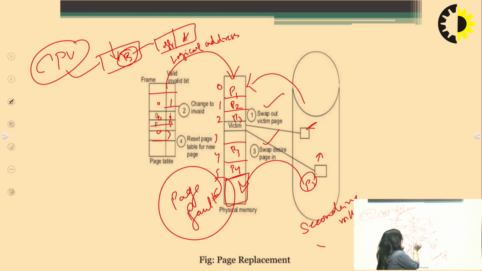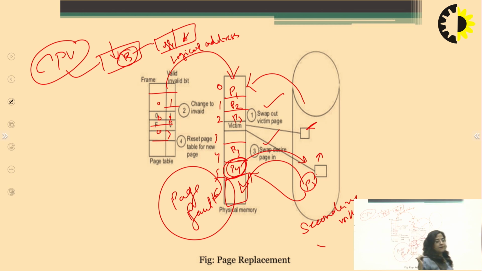That time we need the page replacement. So P4 is stored first here, and it finds the space again, and now P5 is stored in this frame 5. So this technique is called page replacement.